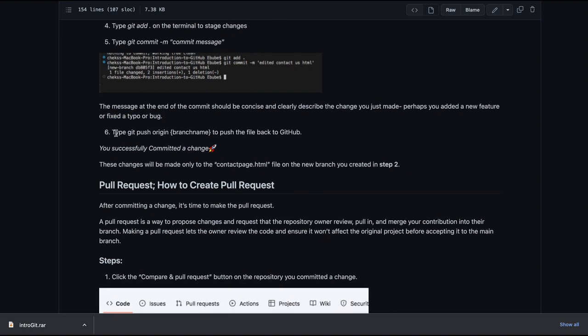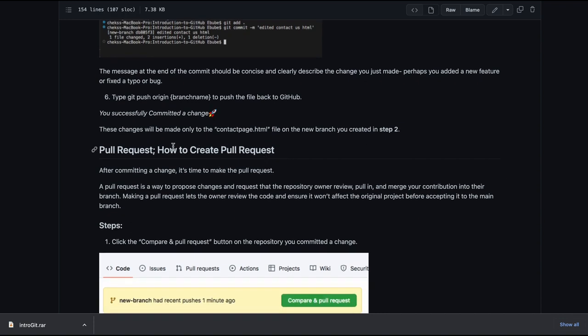So number 6, type git push origin branch to push back to GitHub. Now you also need to give them the exact command they will use. These changes will be made only to this file, so this should be out of this content for now.